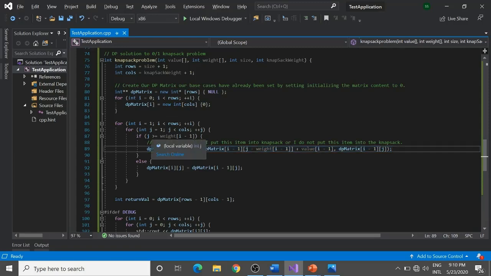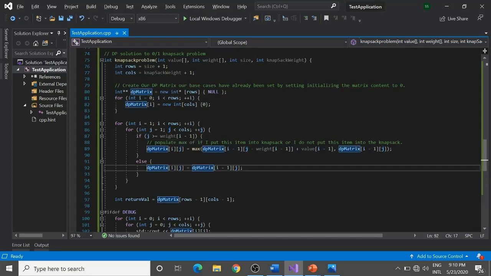But if my knapsack weight itself is smaller than the weight of the element which currently I am holding, then there is no need to even branch out. My whole answer is dependent on excluding the element which currently I am holding. There is no need to even check for the recursive call in which I would be including the element, and hence I am doing that over here. What does this mean? This means recurse for the remaining elements with the same knapsack weight.